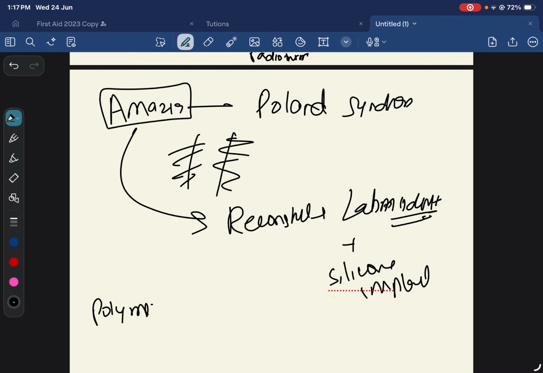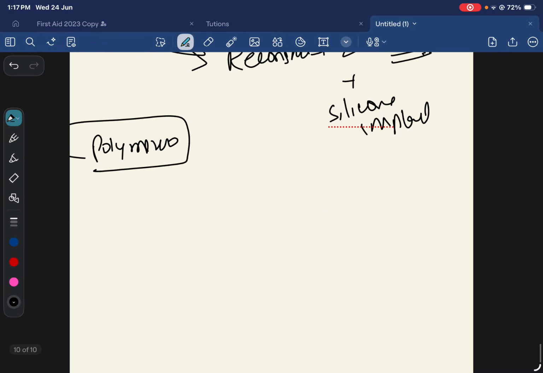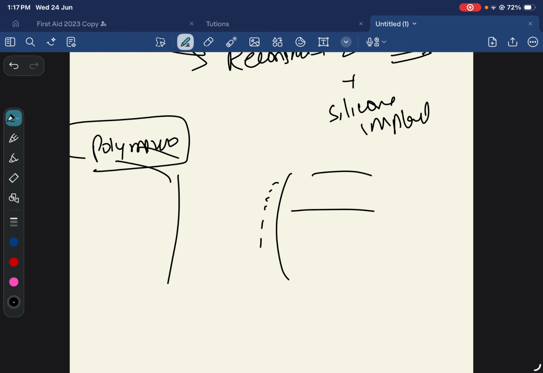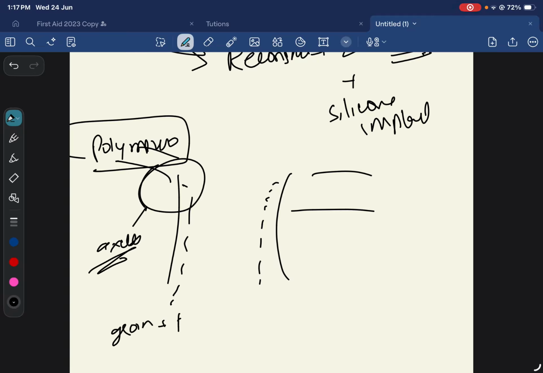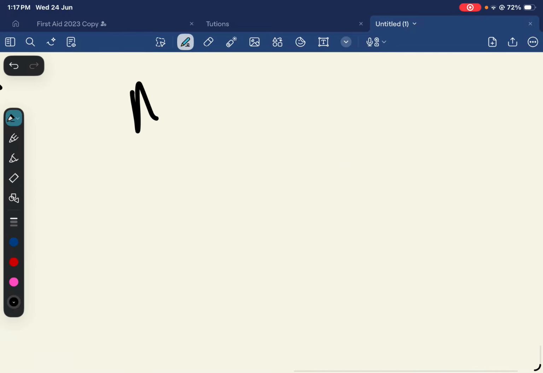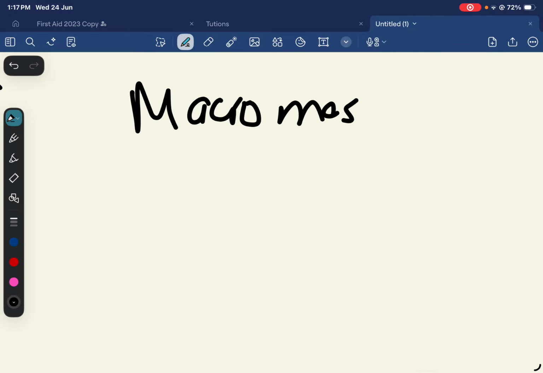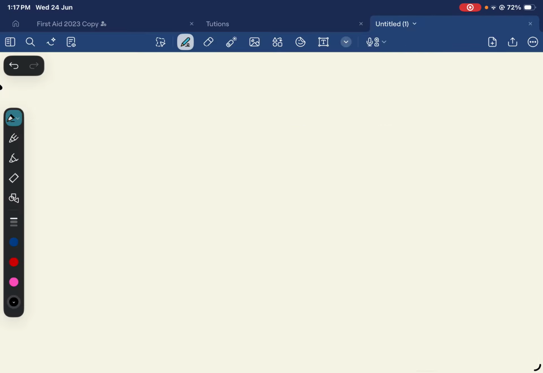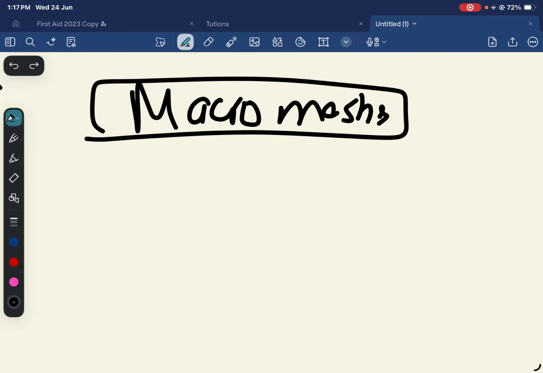For polymastia, you have, from the axillary region to the groin region, breast tissue that can be found anywhere apart from the normal breast. It is majorly found in the axillary region, but can be found in the groin, thighs and hips. Then the last condition that we have to discuss is called macromastia, which is when the breasts are in disproportion to the normal body structure. So they're really, really large.